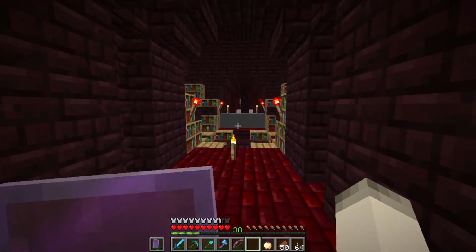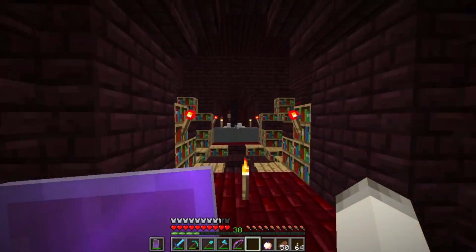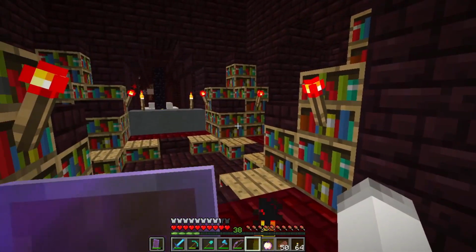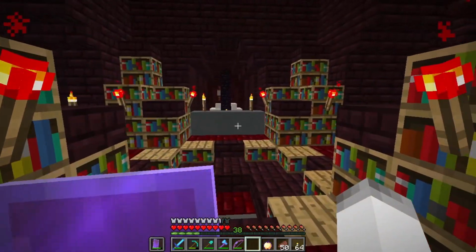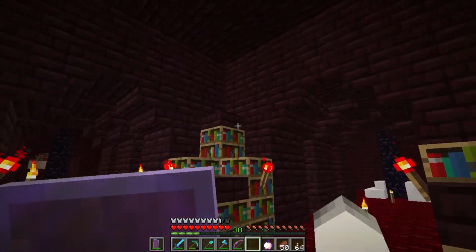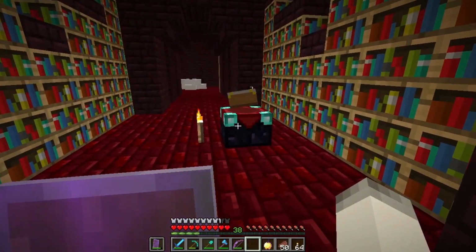In the last episode, we completed this area, which is apparently called the Catacombs, and got the second to last music disc. Not wool, I almost said wool. We got the second to last music disc, and yeah, we need to go on around. We found where the last area is, but before we do that, I want to do a little bit of